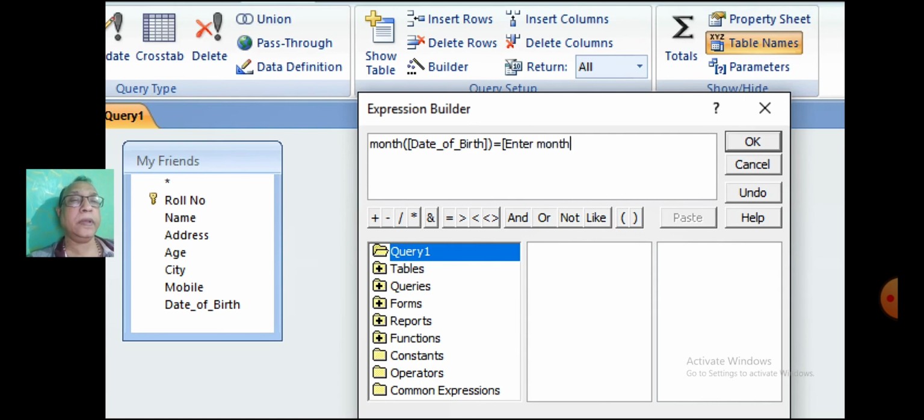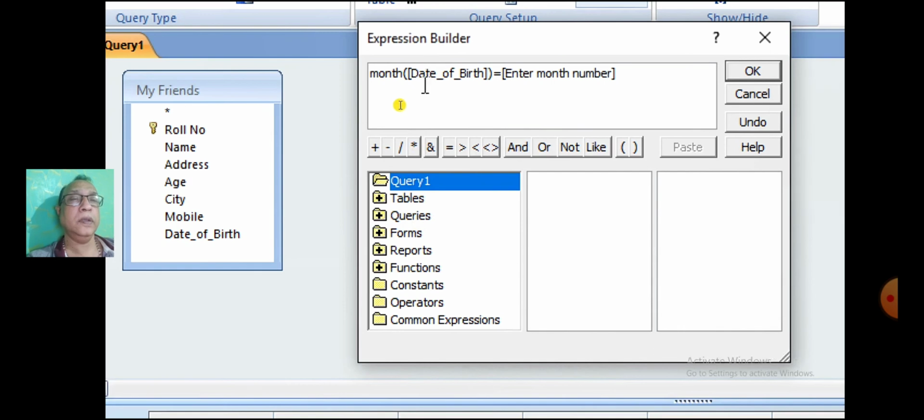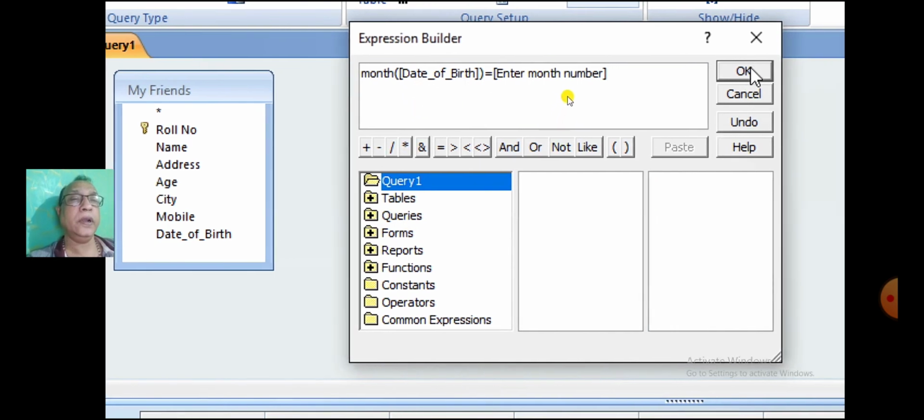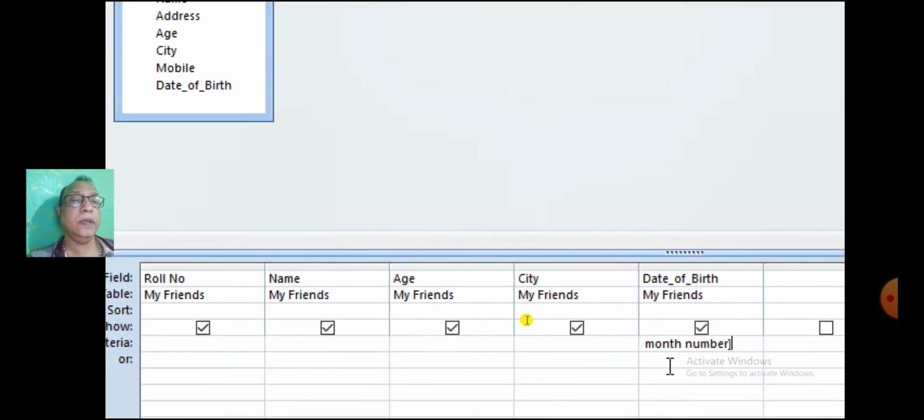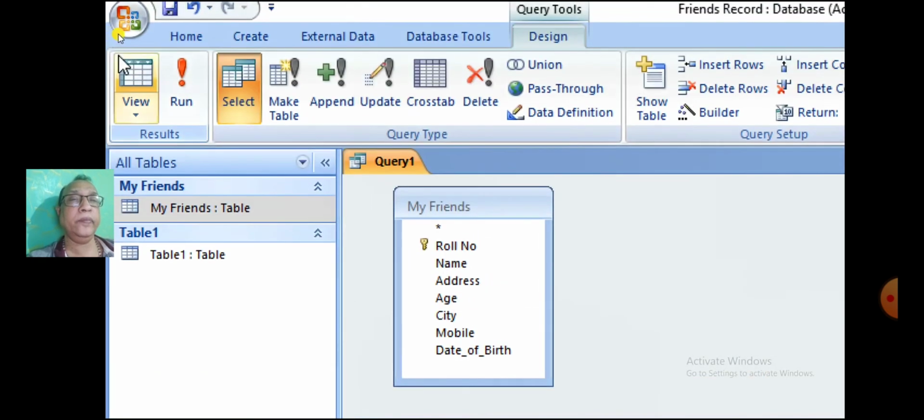The numbers can be 1 to 12. Date of birth is the field name here, so we have entered. Click on OK. Query comes in automatically. Now execute the query.